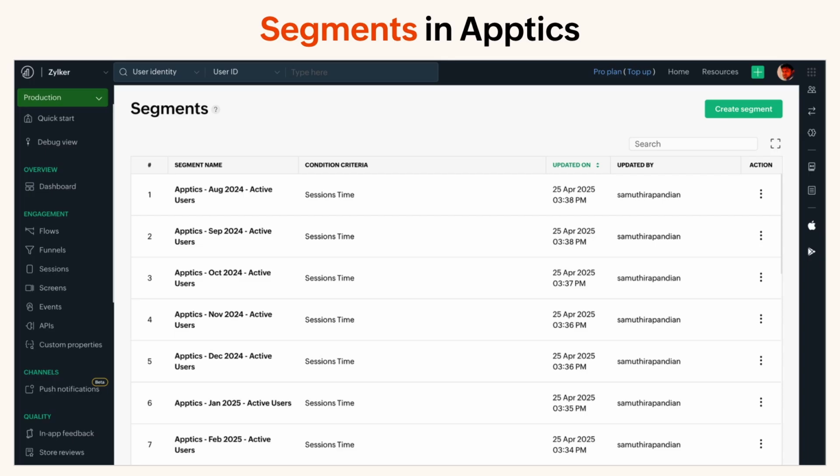But with segments, you can just easily create a list of those users, and that list can be pushed to push notifications or to marketing automation, and you can use that to target these users again. So active users for the past 30 days is one example. You can also check how many users are stuck on the add to cart page or how many have abandoned cart. You can use all these scenarios to create these different segments. And segments are only helpful when you can do some action based on these segments that you have created.